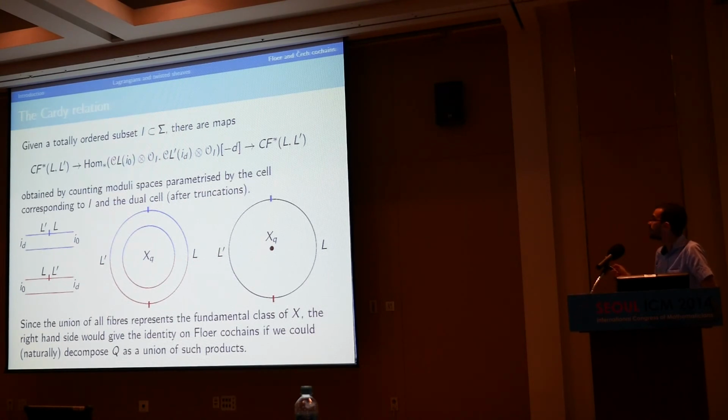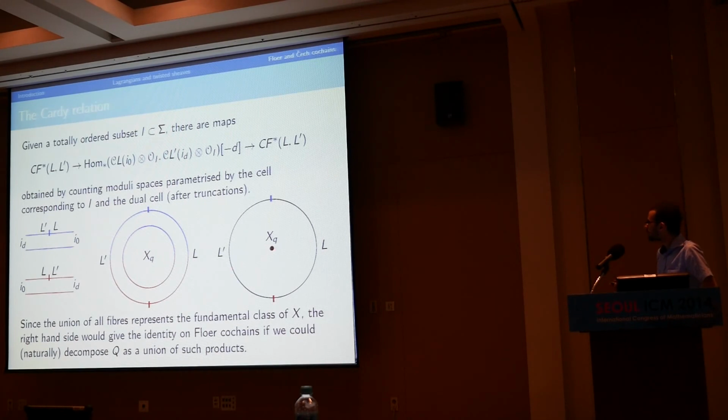And people who have seen discussions of this kind of generation criterion will recognize this kind of argument, because of the name of the Cardy relation. Except that in other places, it was embedded in an enormous amount of homological algebra, Hochschild cohomology, and things like that. Here, it's embedded in an enormous amount of, well, I guess, family Floer cohomology.